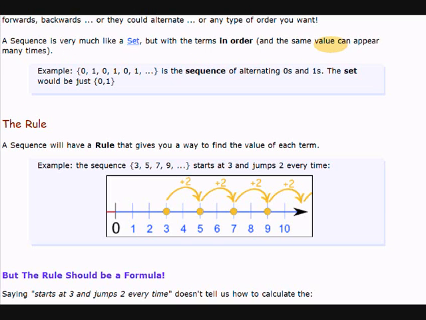So that's why the example is a sequence of alternating zeros and ones. The set would be just 0, 1. Right? If you have to represent this as a set, you will be representing this as 0, 1. But when it is a sequence, you can represent it like 0, 1, 0, 1, 0, 1. Right? So, if you want to go back to remind yourself what is a set,